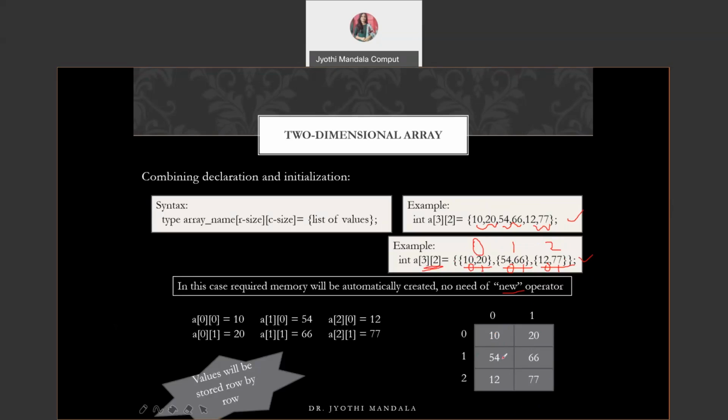10, 20, 54 are not stored like this. The values will be stored row by row. Once the first row is filled, then only it will go to the second row. So you need to remember this point, all of you. Values will be stored row by row. So this is how data will be stored at compile time. That means in the program itself we are specifying the values, and these values are fixed for this